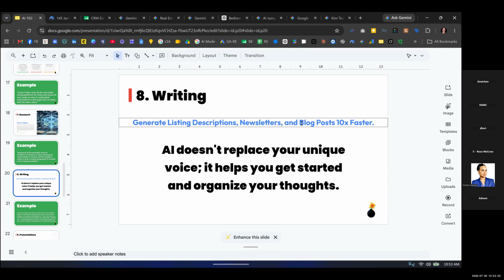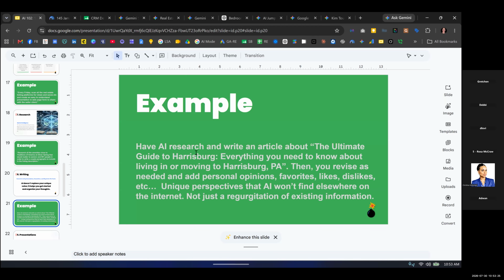An easy way to do this, for blog writing or page writing specifically, would be this. On a website, you should have a service area page for every service area. So if I serve Harrisburg, I would want to have a page about Harrisburg. I like to call it the ultimate guide to Harrisburg, everything you need to know about living in or moving to Harrisburg, PA. So you ask AI to research everything that you would need to make that page, give it all the sections that you want. I want a government page and a real estate market section and a